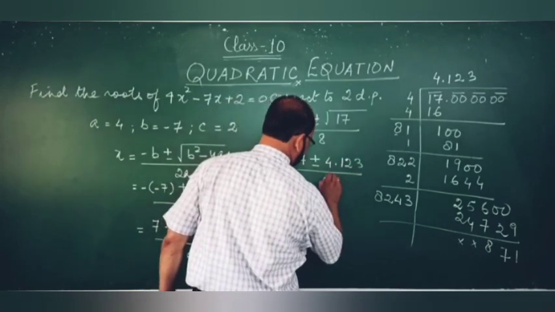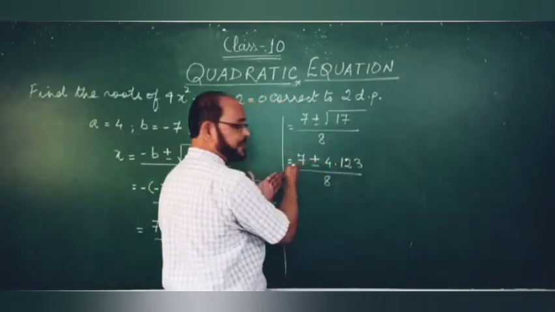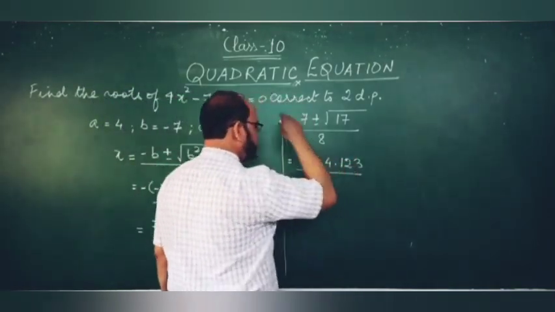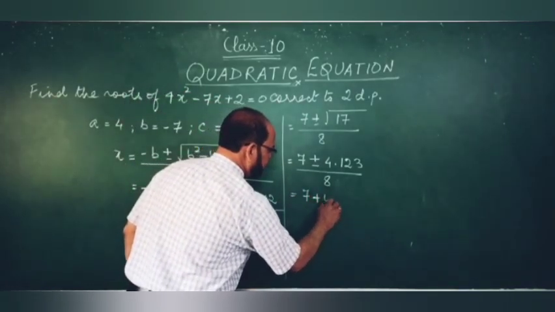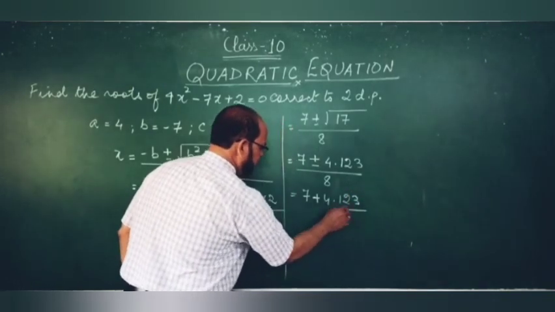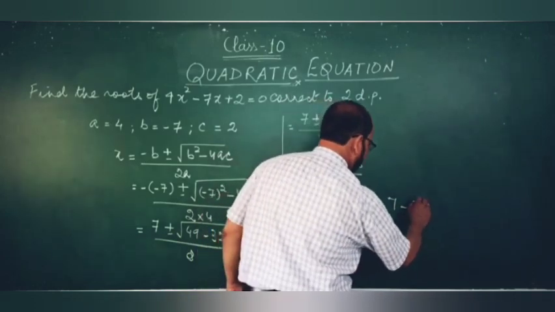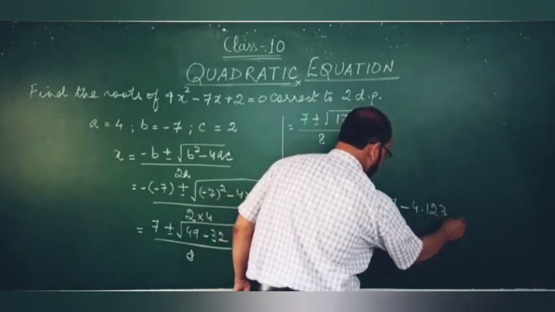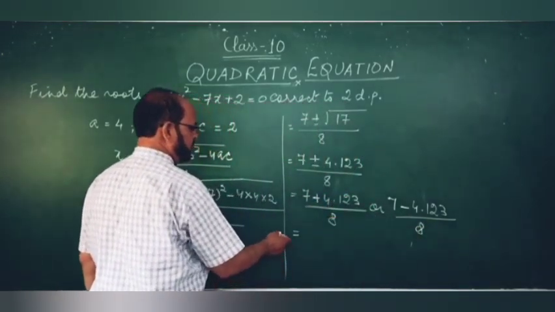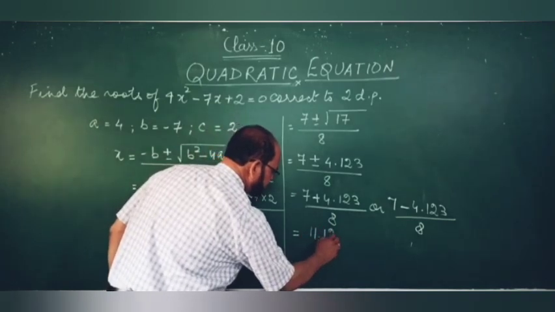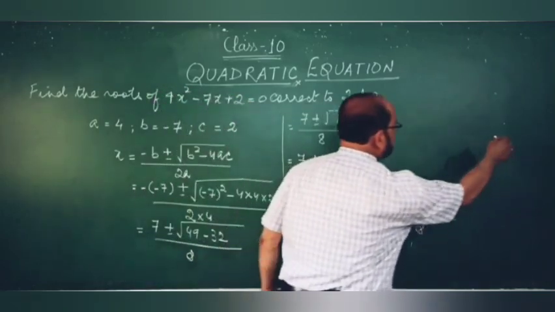4.123 upon 8. Once we will add this 4.123 to 7 and once this number will be subtracted out of 7. So it will be 7 plus 4.123 upon 8 or next will be 7 minus 4.123 upon 8. When we add 7 and 4.123, it will be 11.123 upon 8, or now here we have to subtract